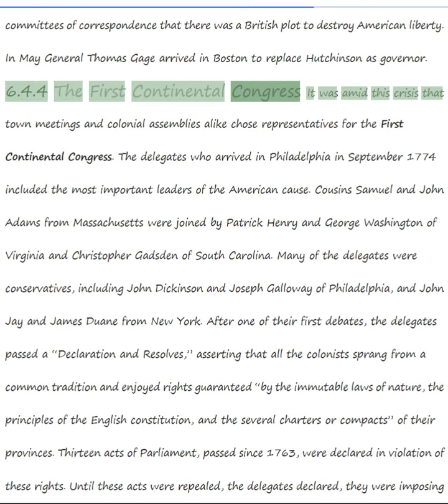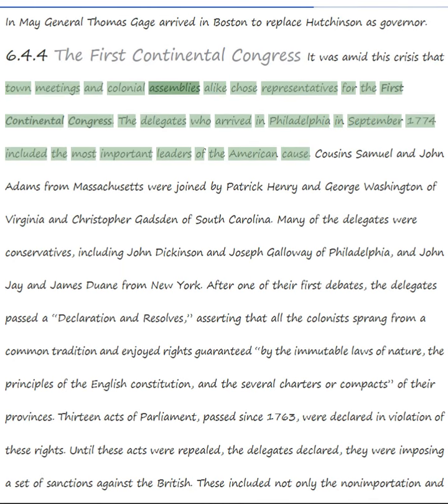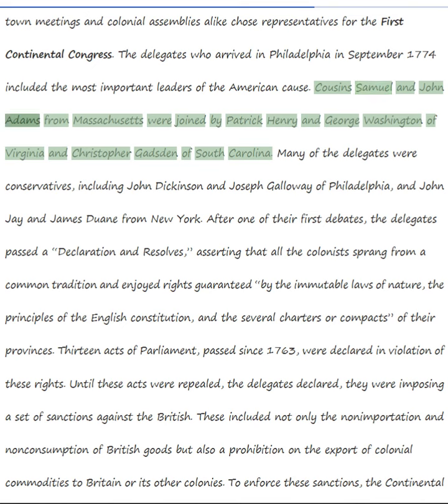6.4.4 The First Continental Congress. It was amid this crisis that town meetings and colonial assemblies alike chose representatives for the First Continental Congress. The delegates who arrived in Philadelphia in September 1774 included the most important leaders of the American cause. Cousins Samuel and John Adams from Massachusetts were joined by Patrick Henry and George Washington of Virginia and Christopher Gadsden